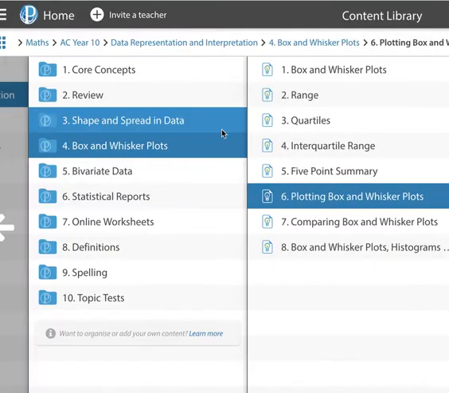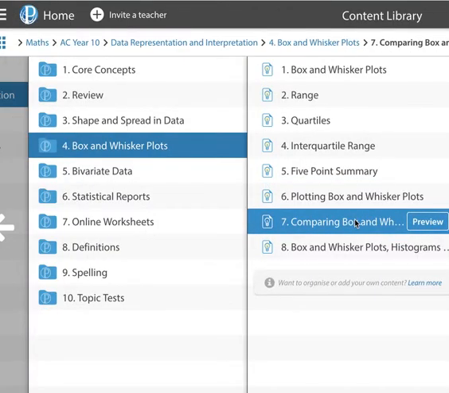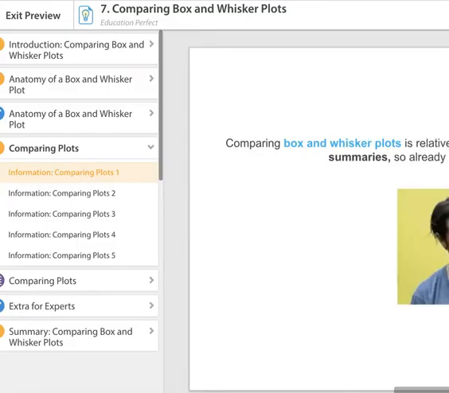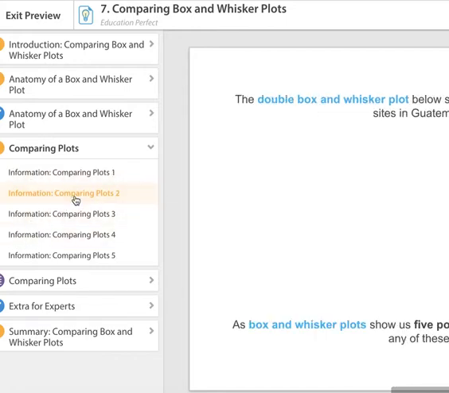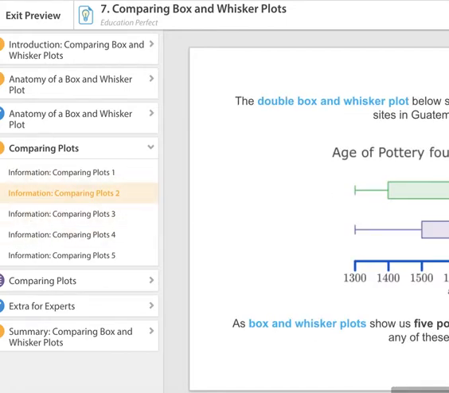All right. The next part, which is basically related to your assignment, is to compare box and whisker plots. So comparing plots, I'm just going to jump straight up to that. How do we compare them? Well, we can compare them visually. If we take a look at these two box and whisker plots here, the double box and